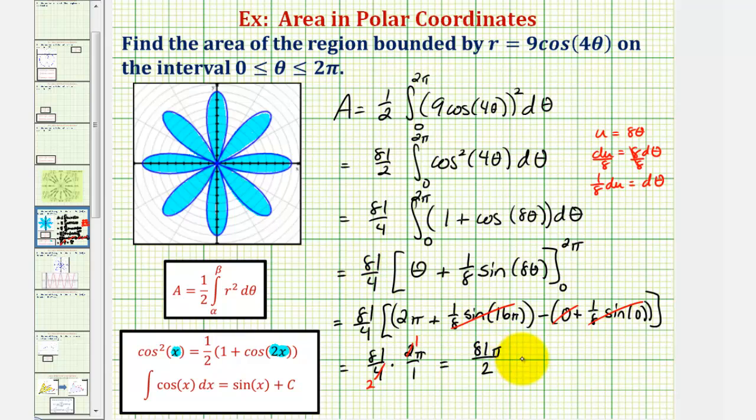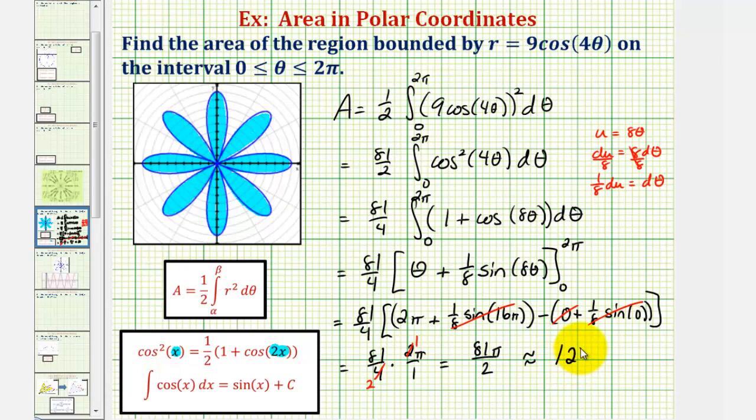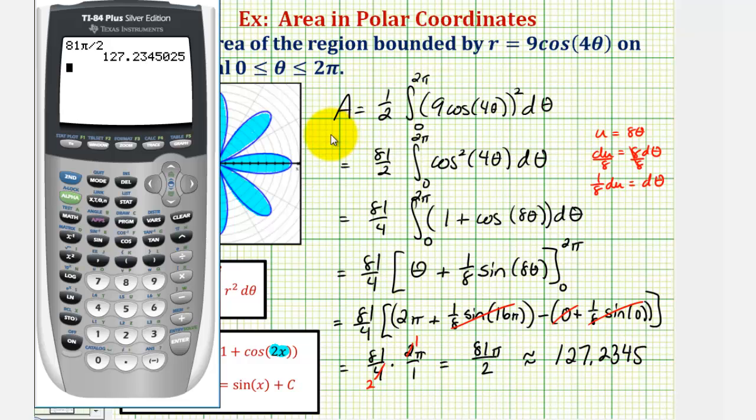Let's also get a decimal approximation for this value. So we have 81 pi divided by 2, which is approximately 127.2345. But because we have a graphing calculator, let's go and check our work by evaluating the original definite integral. But before we do this, we need to remember to change the calculator back to radian mode. So we'll press the mode key, go down to row 3, highlight radian,